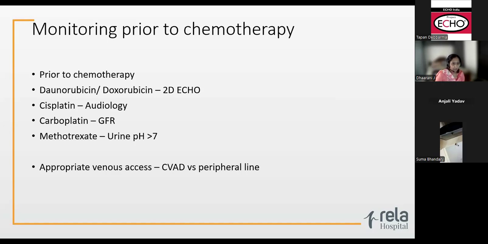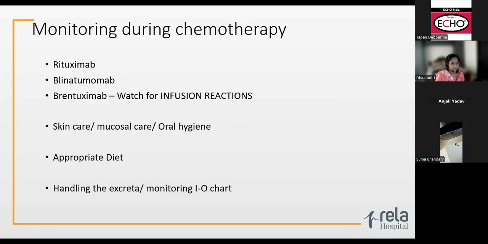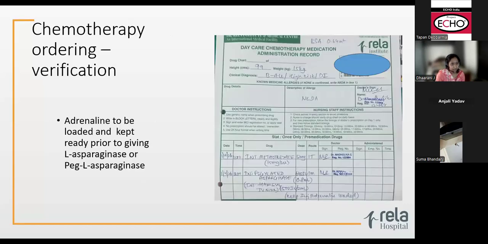The most important point is we need to ensure that the line is good, and then we start. I told you already, with immunotherapy, the rituximab, the side effects can be significant, so we have to watch for infusion reactions. The standard neutropenic care and appropriate diet precautions are very important. Again, one example is adrenaline to be kept loaded and ready for any